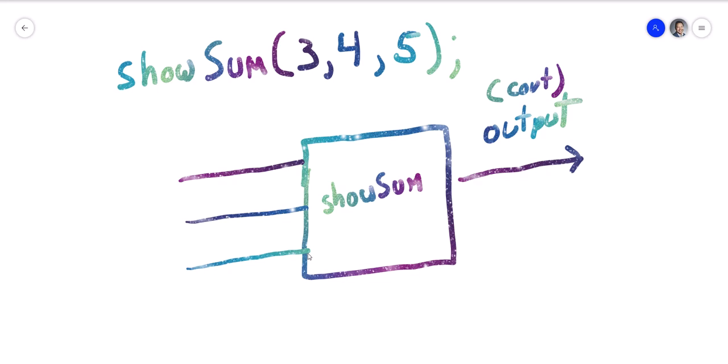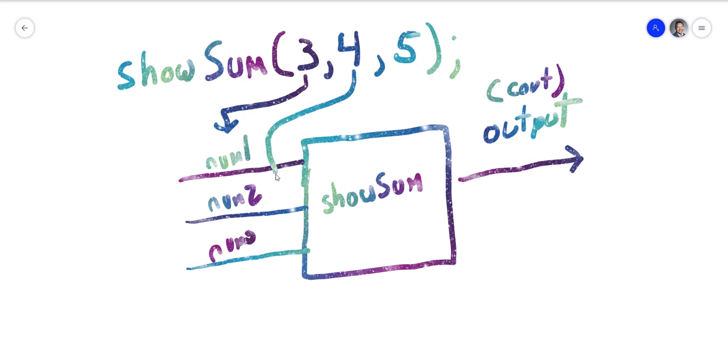The function itself is something that you've come up with, right? You've come up with that. So remember, one-to-one mapping. So this is num1, num2, num3. What happens when you do a function call is it's got to be in order. So this goes over here, this thing goes over here, and this thing goes over here, which means that 3 gets assigned to num1, 4